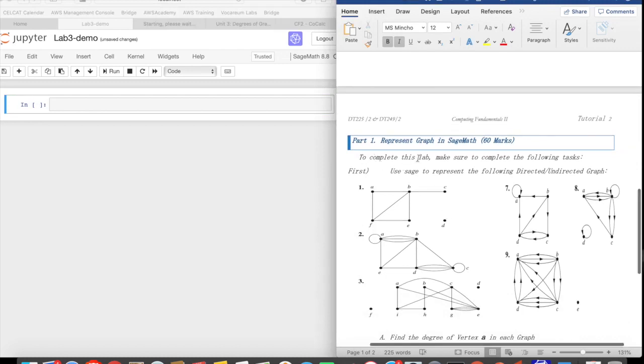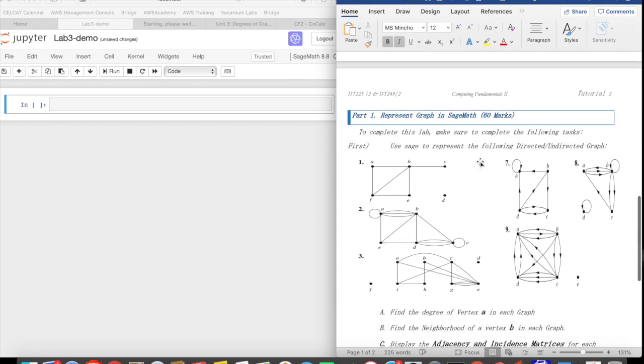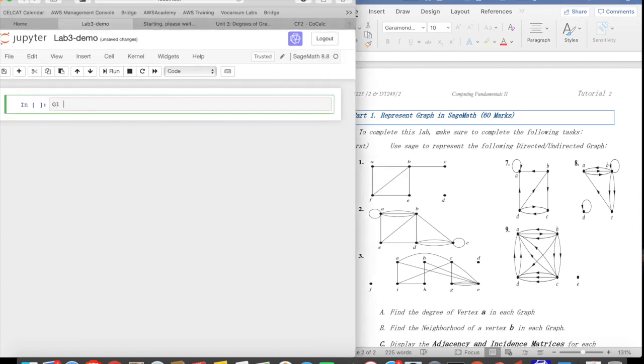Now go back to the lab sheet, where he wants us to create a graph, and he said to complete this lab, make sure you complete the following tasks. We have a set of directed and undirected simple graphs and multigraphs as well, and we want to represent them. Now let me show you how you can represent the first graph. Let me call this G1, and G1 is a graph